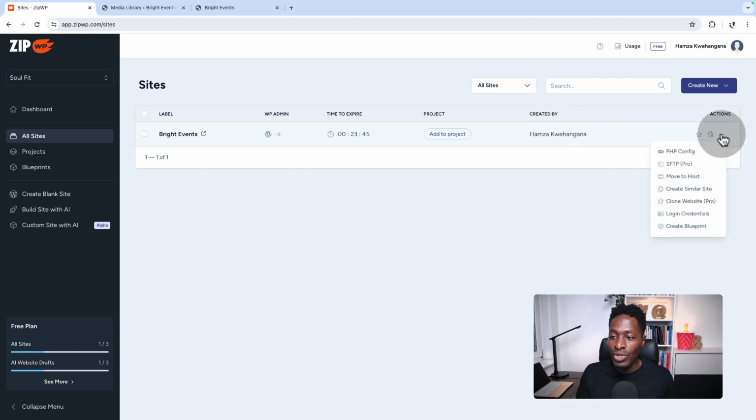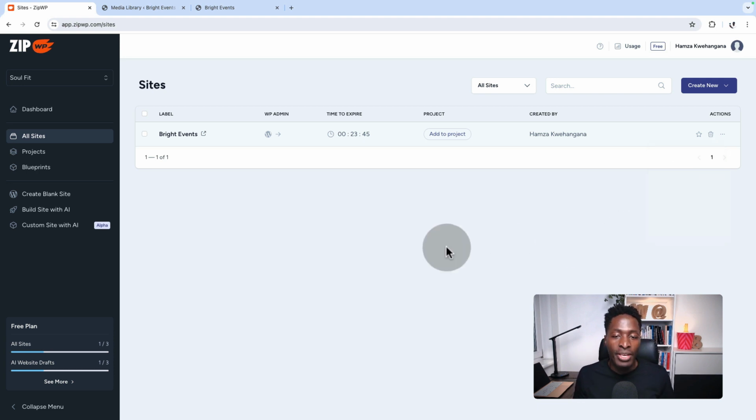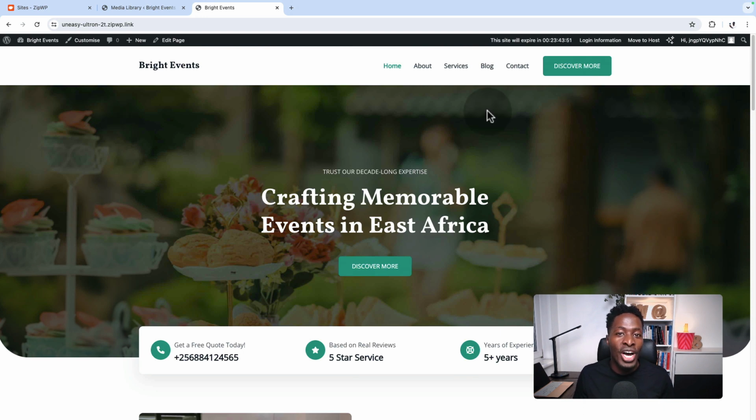And the other options like PHP configurations, SFTP, move to a host, create a similar site, clone a website, and all these options. In a separate video, I'll be explaining which feature does what within ZipWP. It was nice to take you through how you can create a complete website using ZipWP,